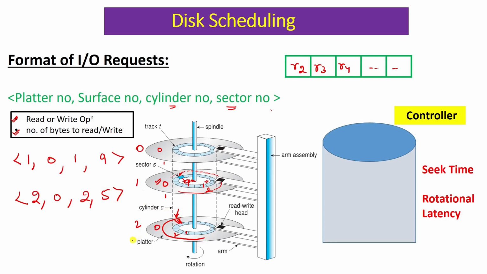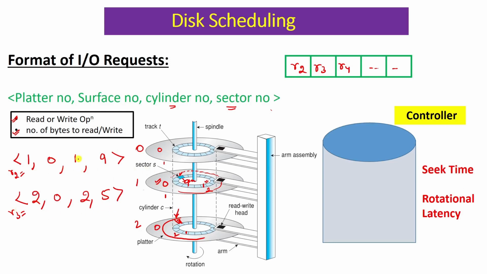So this way we will be able to come to the desired sector, right? This can be request R2, and R3 can be this request. So it will give the actual address of the particular sector. Out of various platters, this is how I can come to the desired sector. Now when we solve the numerical,